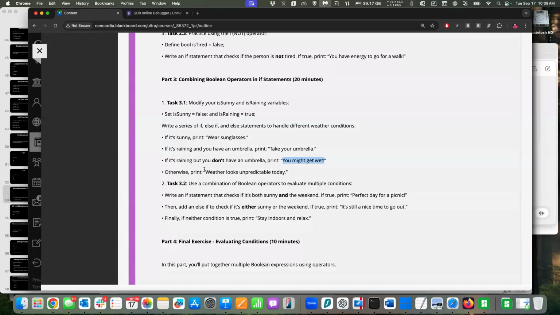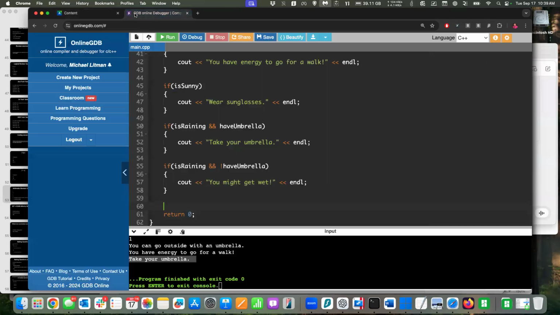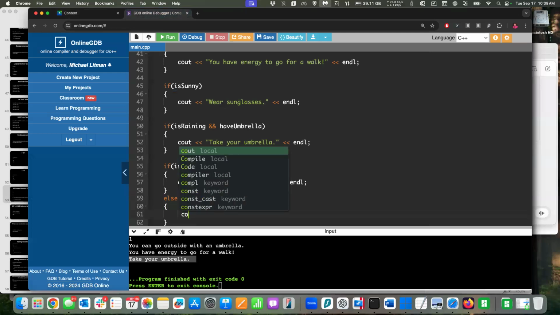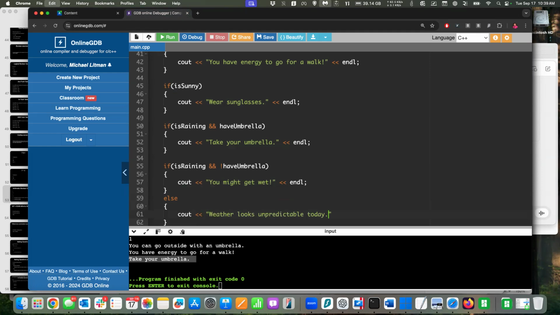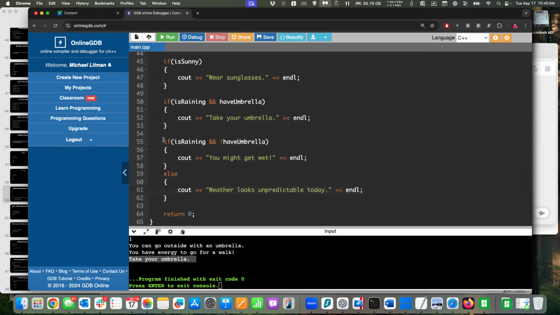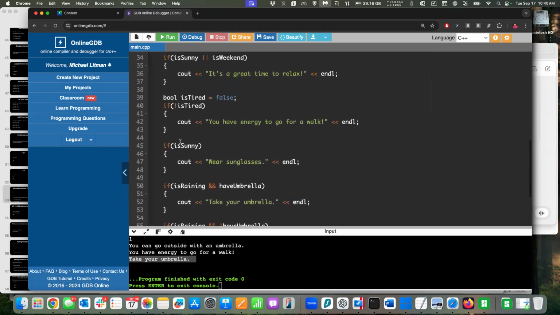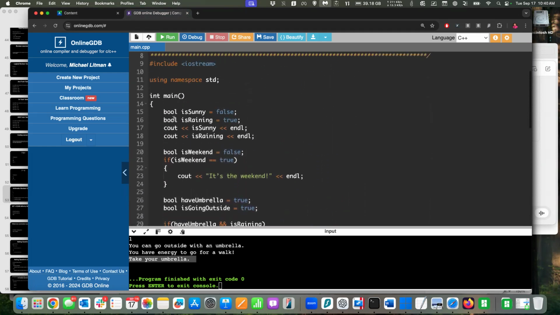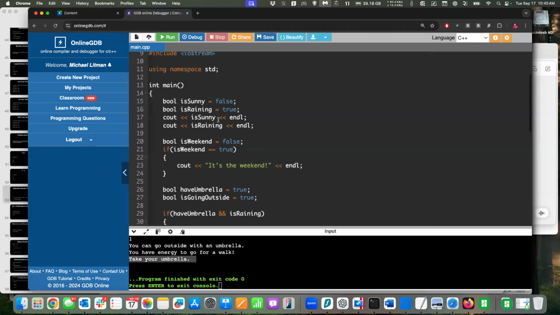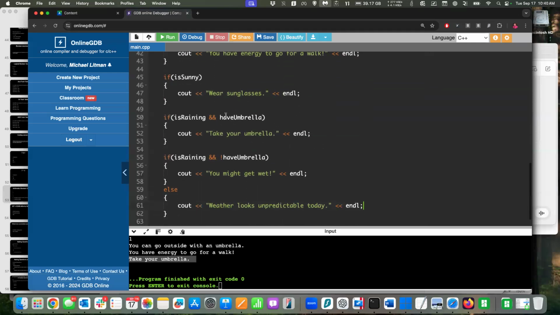But in this one, it wants to have an otherwise. Weather looks unpredictable today. So we're going to throw an else on the end of that guy. So we're going to have an else. So right now, is raining is true. Have umbrella